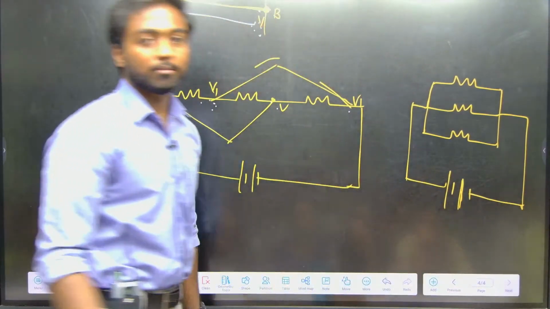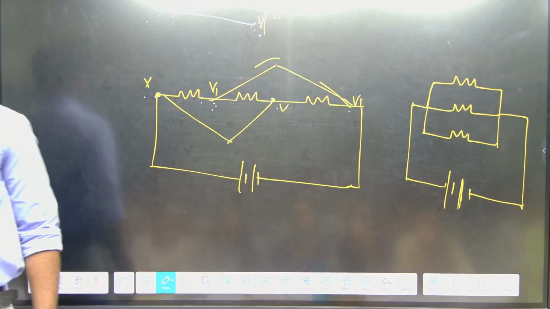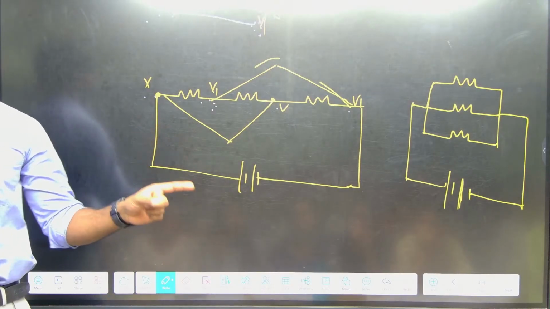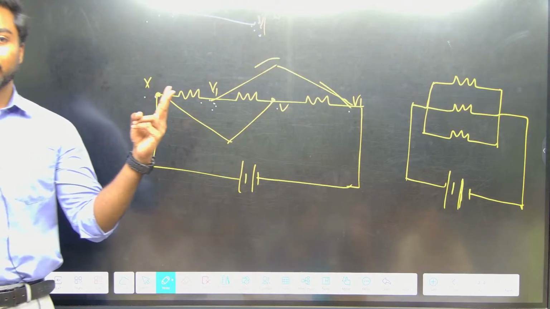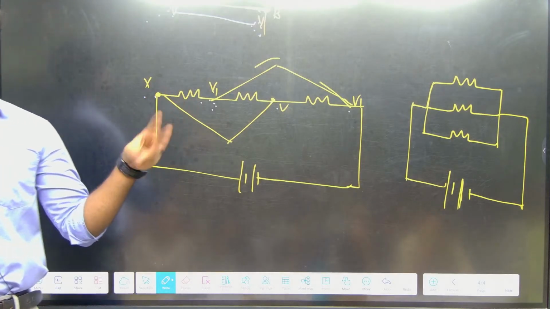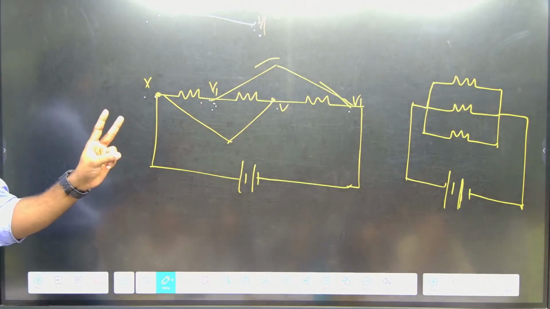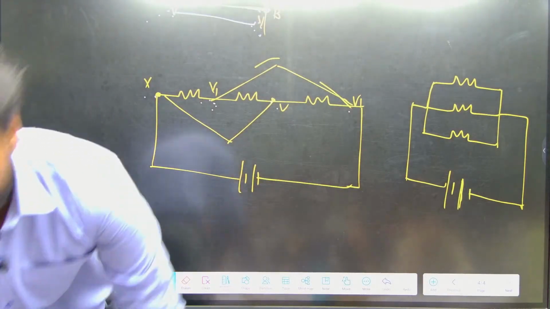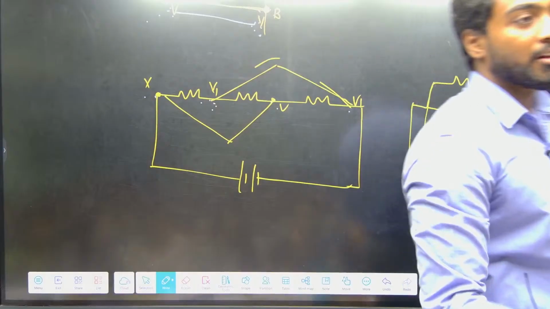This is my circuit, that's it. Getting the point? Mark the potential. If you are going in the same wire, potential will be the same. If you are crossing the resistance, the potential changes. Okay. So these are the points, and the next one is the infinite ladder, which we have seen in